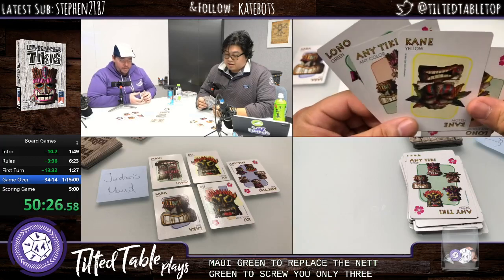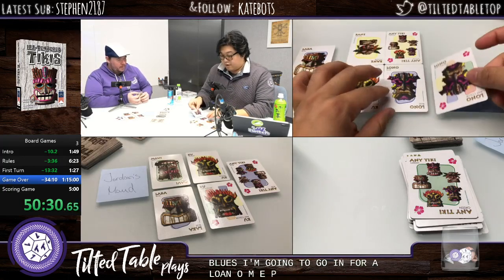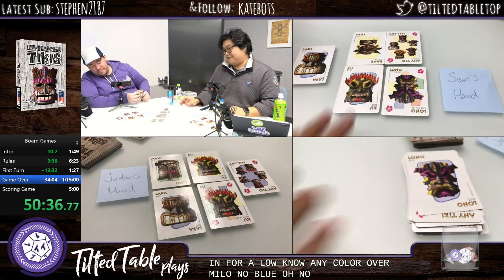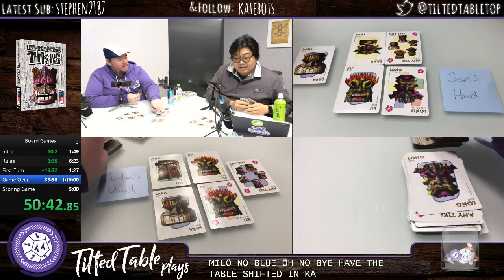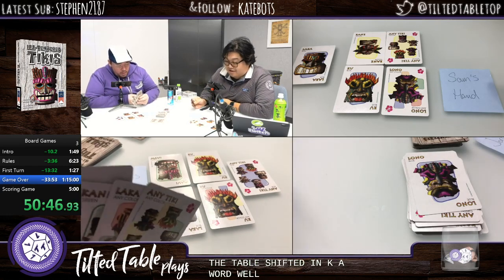Now I'm back down to only 3 blues. I'm going to go in for a Lono any color over my Lono blue. Oh no. Oh no. I have the table shifted, AKA, I'm getting a lot more yellows on the board. Yeah. Well,